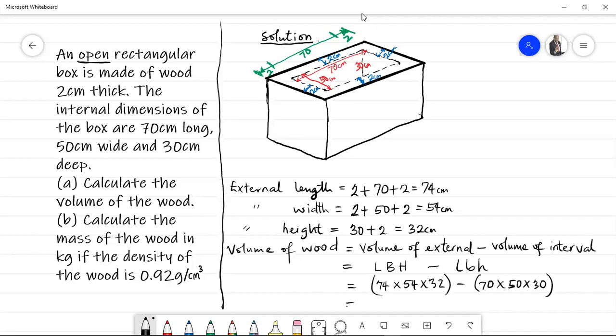So when we solve this bracket, we're going to have the following values. 74 times 54, and also multiplied by 32 should simply give us